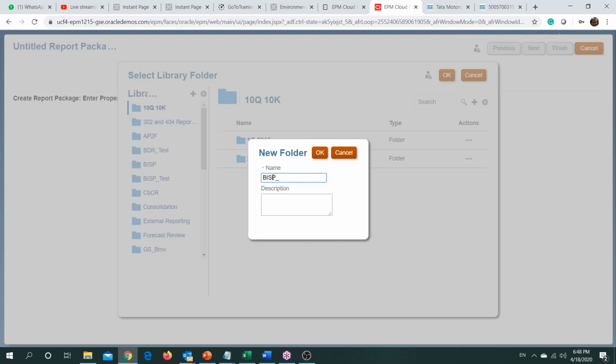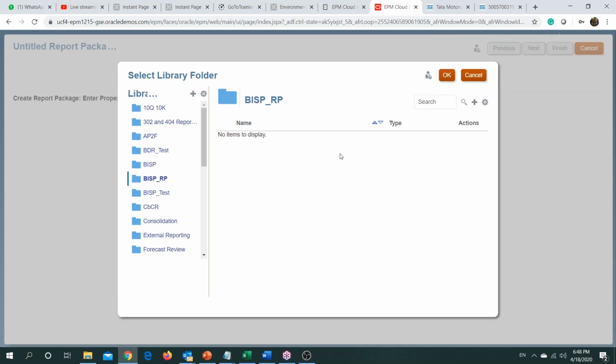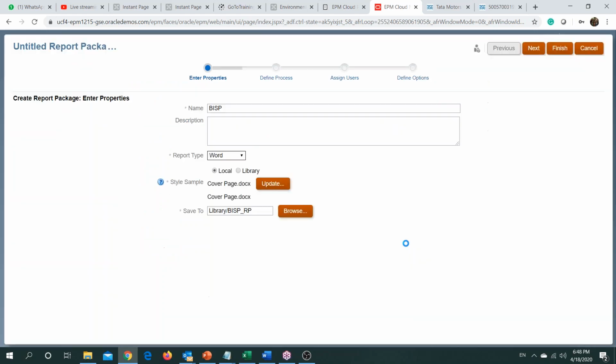Let's keep it as VISP underscore, and give it RPS for report package. And click OK. Once done, just go next.